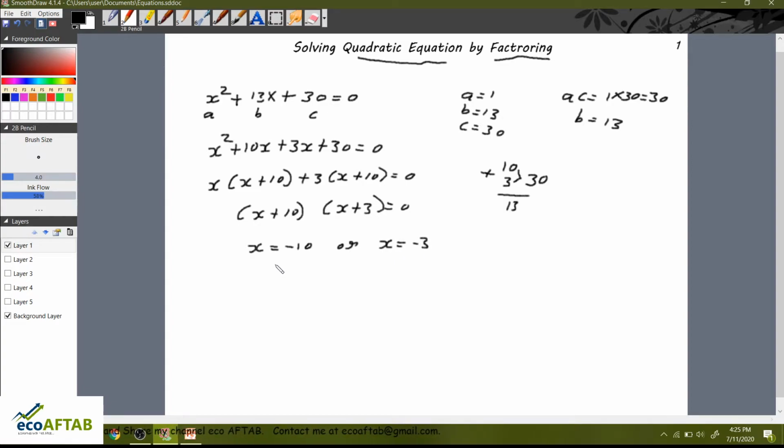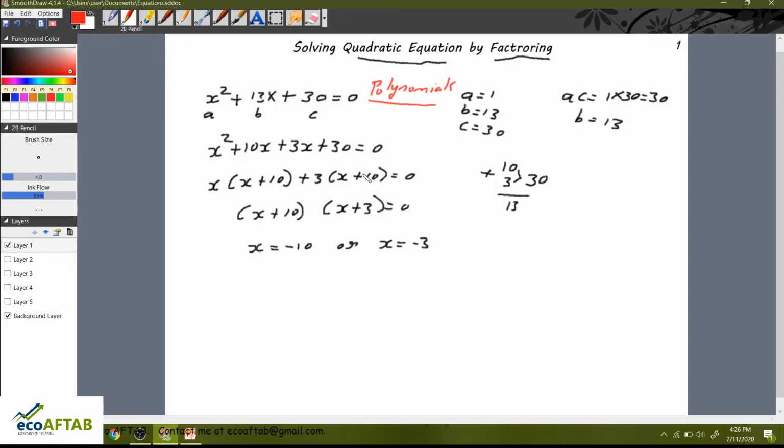So this is how we solve a quadratic equation with the help of factoring. This thing we have already understood in our previous class when we were studying polynomials. Please, I suggest, friends, if you have not seen the previous videos, go and see the previous videos which are available in the playlist Mathematics for Economics.